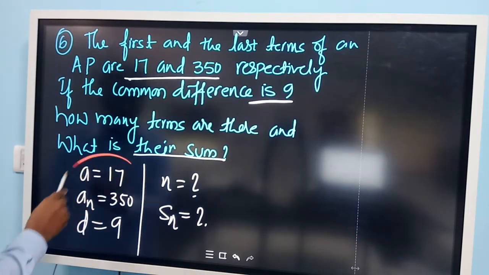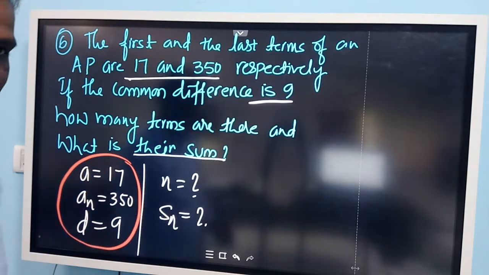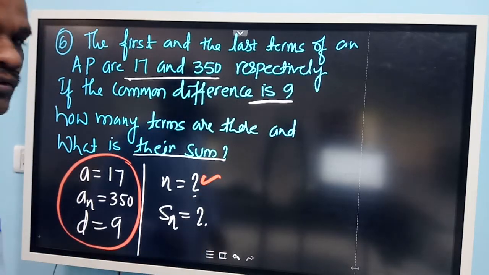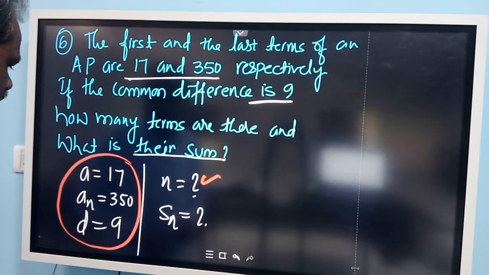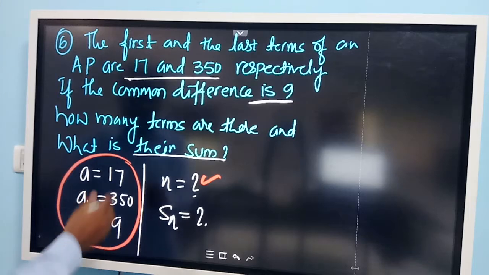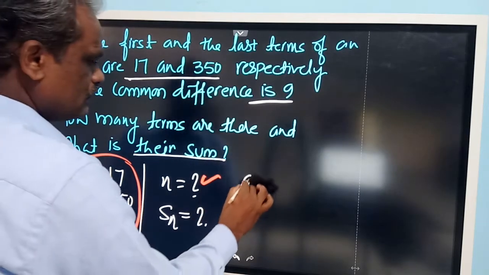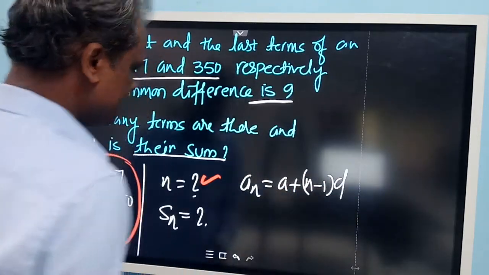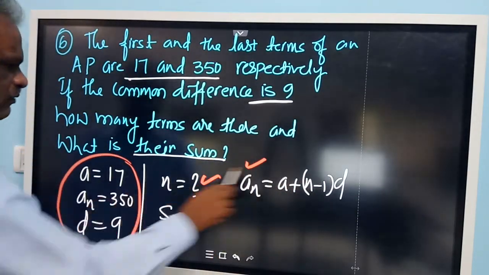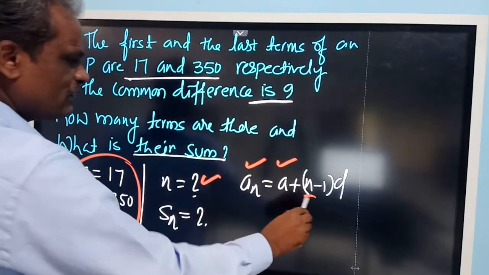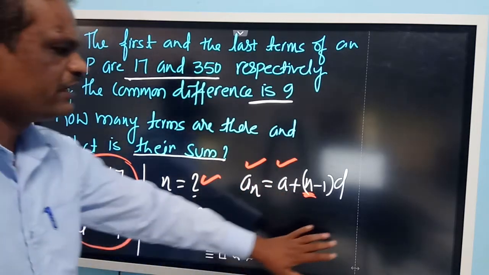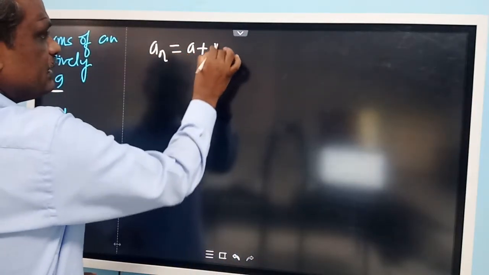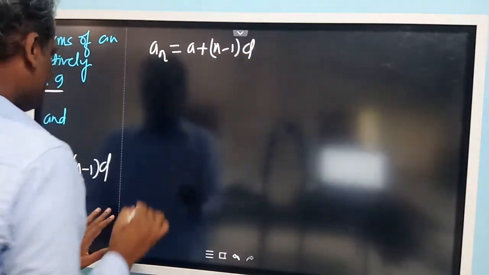Using which formula can you find out the value of n? To find Sn, we must calculate the value of n. To calculate the value of n, what formula can be used here? Which formula can you use? The one containing n: an is equal to a plus n minus 1 into d. Look at this, here we have an, we have the first term, we don't have n, we have to calculate it, and d is also known. You can use this formula and substitute here: an is equal to a plus n minus 1 into d. So substitute the values.